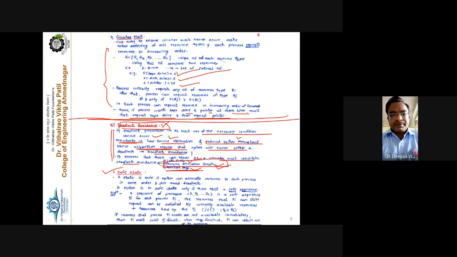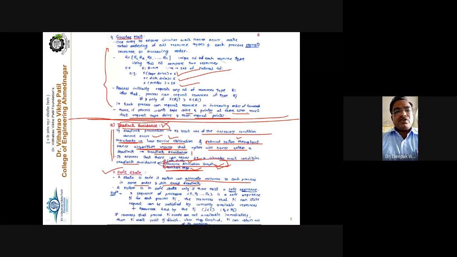So first, safe state. Safe state is the state of the system, the operating system state. The state of the system is safe if the system can allocate resources to each process in some order and still avoid the deadlock. So when can we say the operating system is in a safe state? Whenever the operating system is able to allocate all the resources necessary for all the processes, then yes, the system is in a safe state. There is no problem in the system, no issue arises in the allocation of resources. The system state is safe.